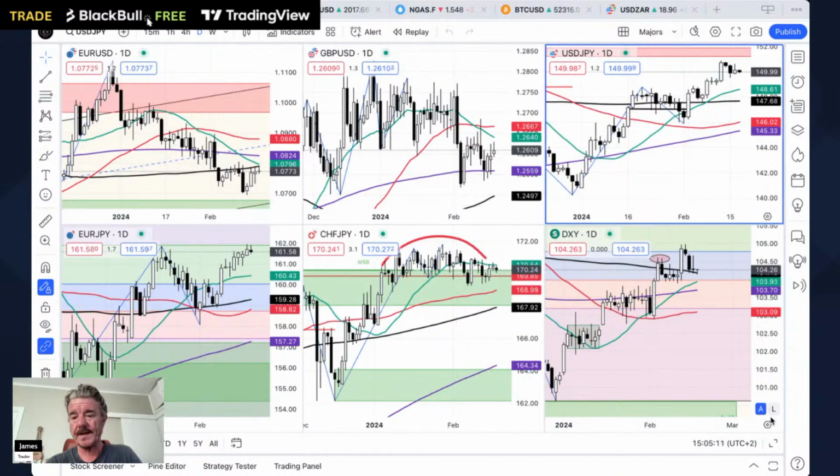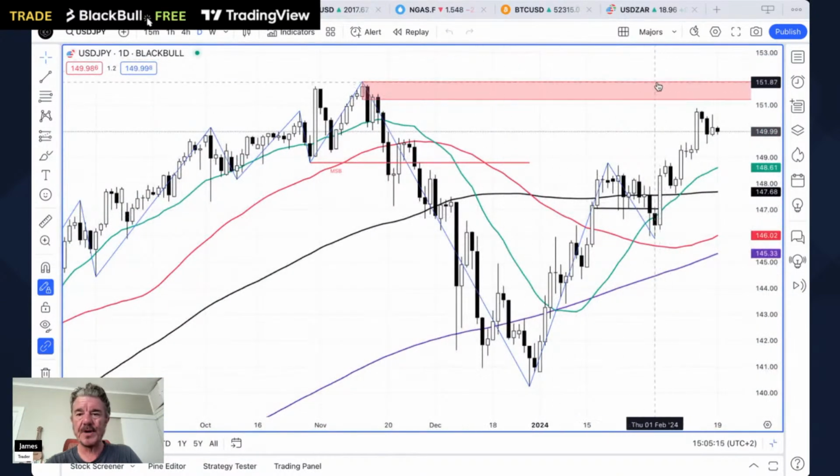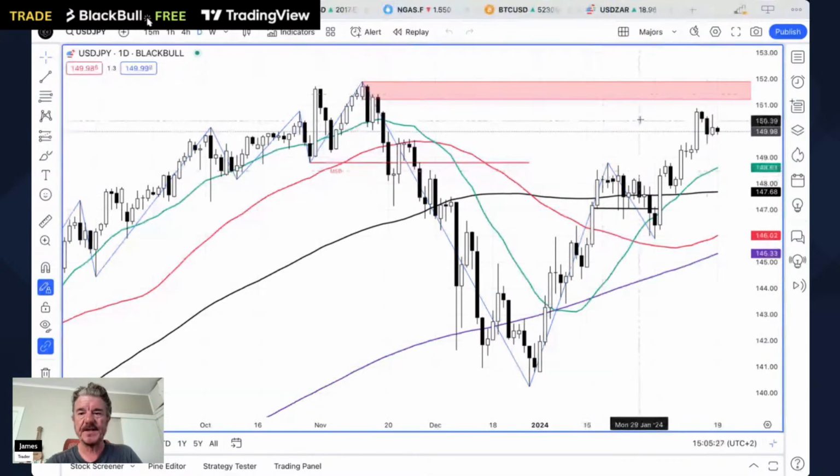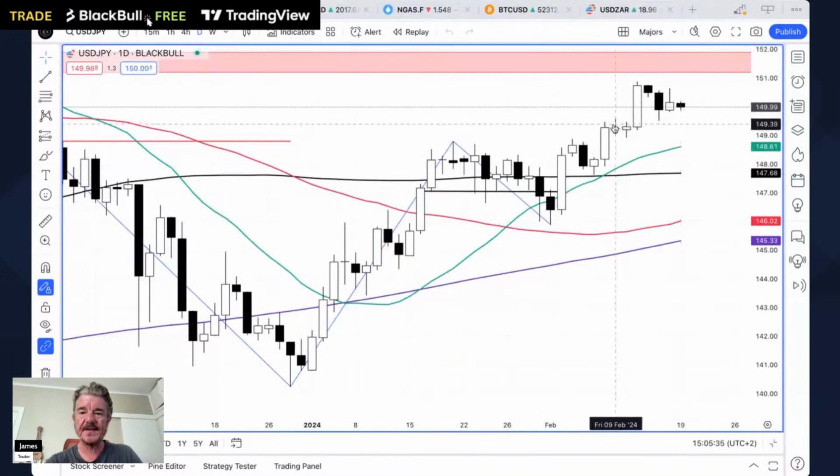Now, quickly, let's look at these very, very briefly. There's the resistance level, the order block level, the supply zone, if you will, on the dollar yen. We haven't quite reached there yet. I'm allowing for it. We've gone past the 78.6% Fibonacci. We've gone past a few other resistance levels, and we're stuck with this one at the top. I'm not sure if we're going to get there. This is quite a clear, classic reversal pattern on the daily chart. I don't know if you recognize it or know it,